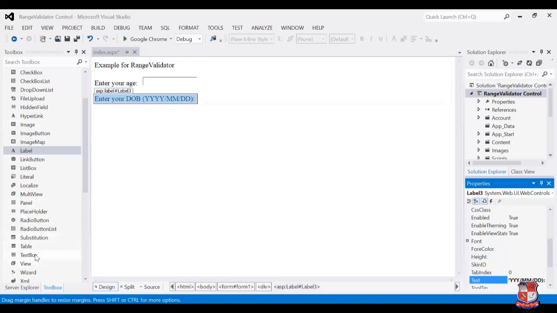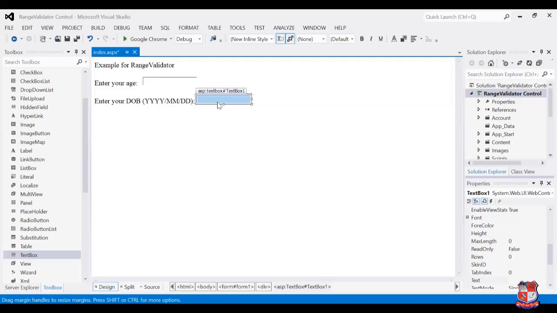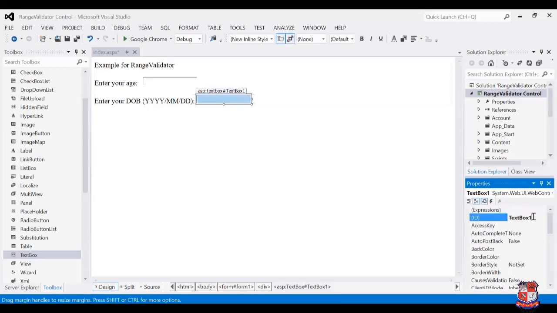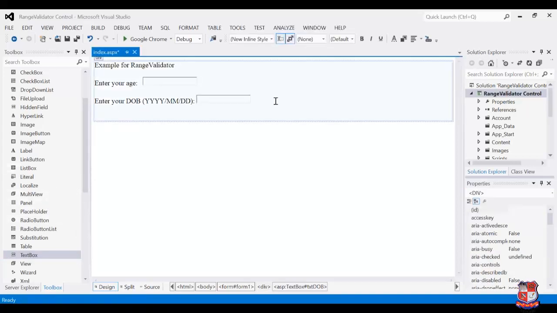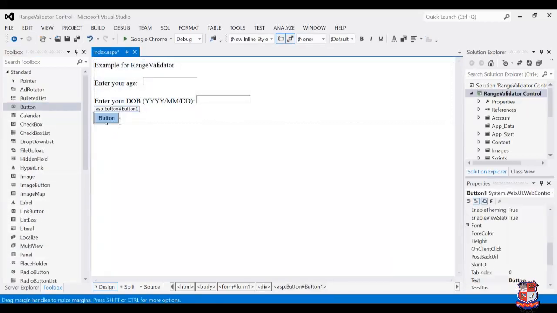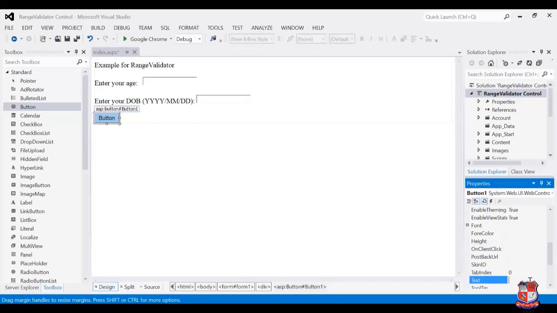Now just beside this I am putting a text box control, and I'm setting the ID property of this text box control to txtDOB, because it is for date of birth. I'm going to put a button over here, and this button is for submit. So I'm changing the caption, I'm writing submit.